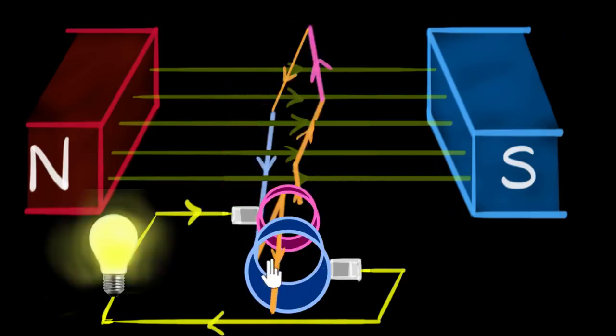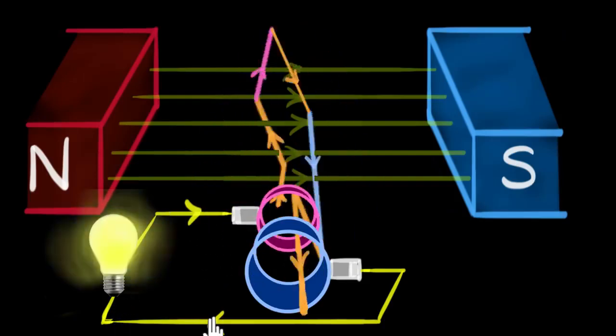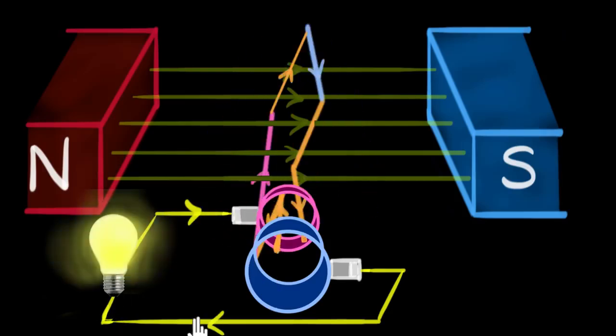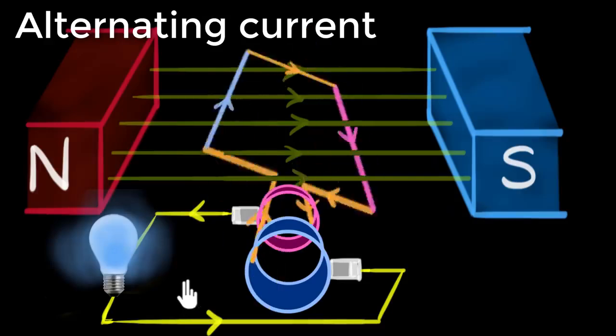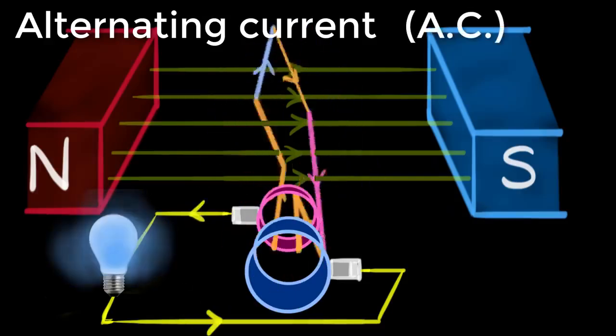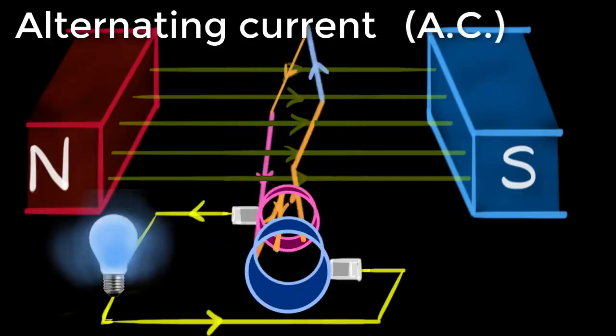And so we have successfully built our generator. And what's interesting to see is that the current from that generator is continuously changing its direction. Such a current is called alternating current, or AC. And this might sound a little weird, but it turns out that when you want to transmit electricity over a